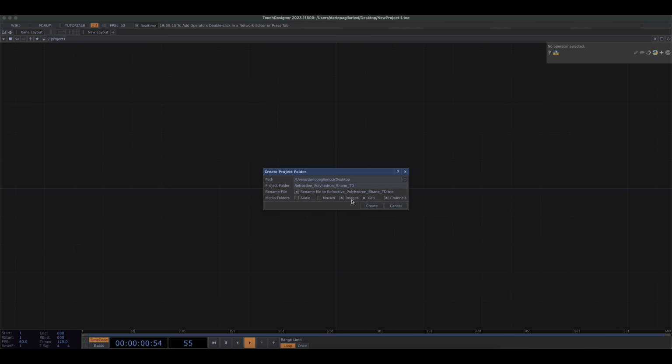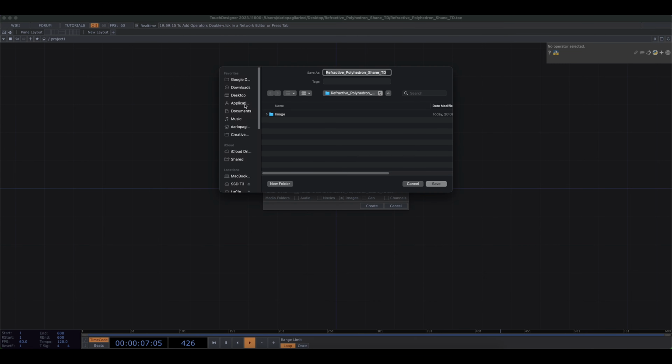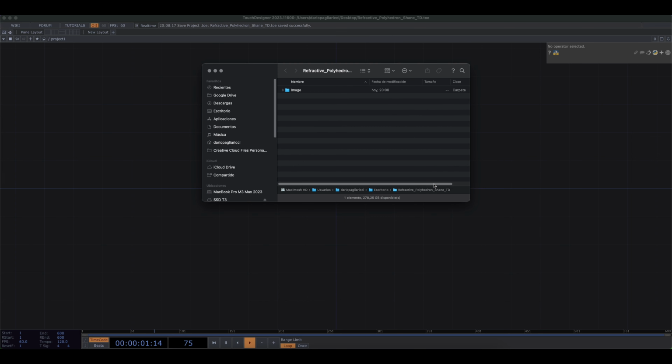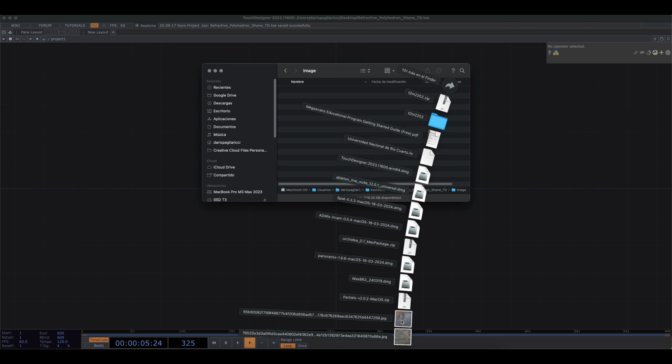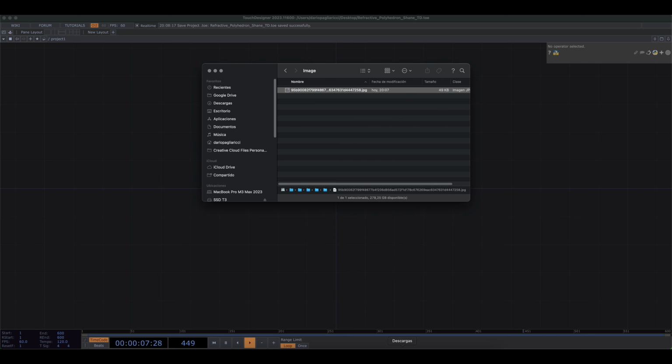In media folders, we're going to leave the images folder and create it. We save it in our computer. And then in image, we move the images we downloaded from Shadertoy media files,